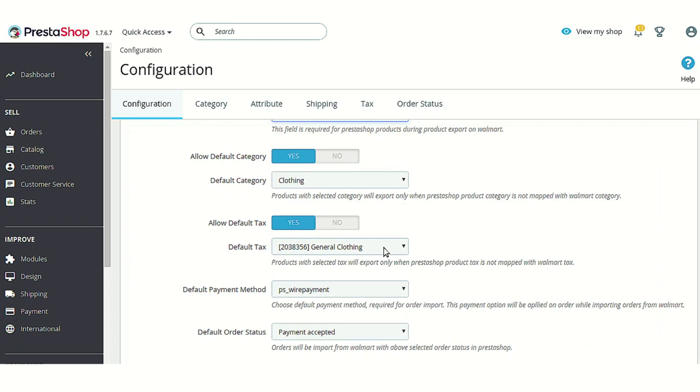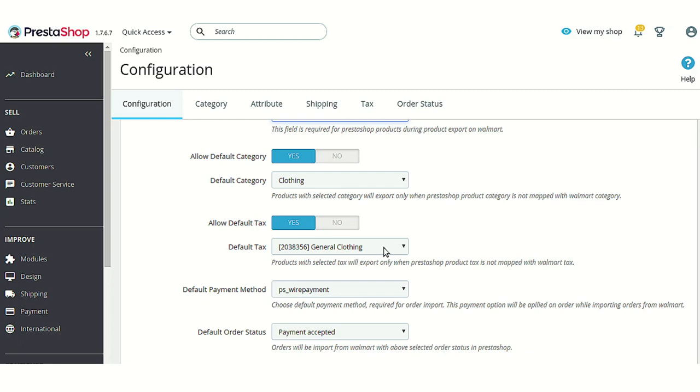Then next is allow default category. As you know, on exporting the product from one platform to another platform, it needs to be added with a category. So let's just say you are transferring or exporting a product, and it has no category whatsoever on this PrestaShop, or say if it has a category, then the same category is not available on the Walmart end.